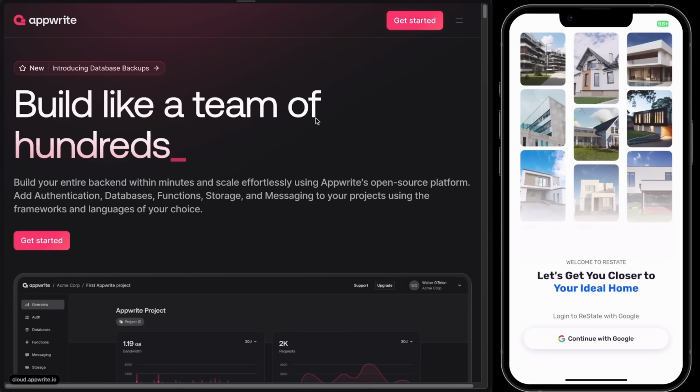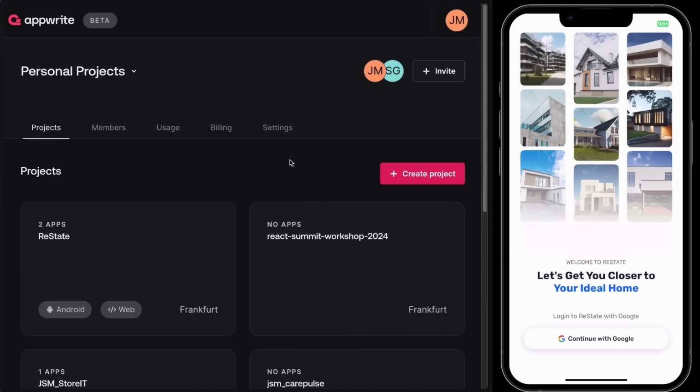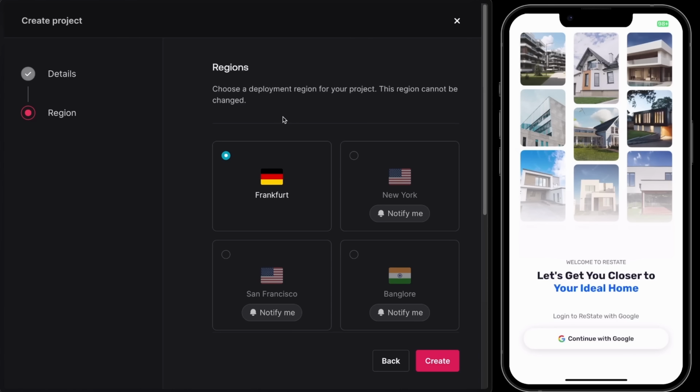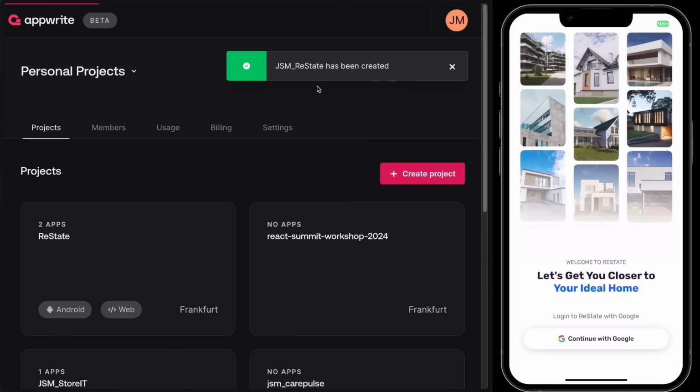So let's get started. I already have quite a couple of projects active, but this time let's create a new project. Let's call it something like JSM_, and then you can put whatever name you want. In this case, I'll do restate, but you can use something else. Next, you can choose the region. So far, only Frankfurt is available, but in the future, there's gonna be many other regions,